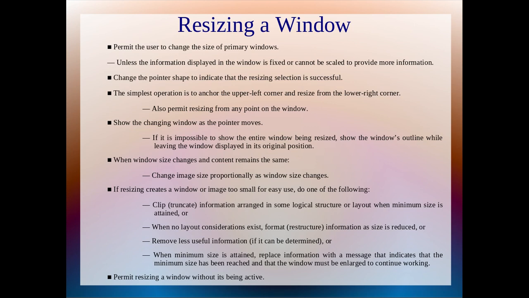Clip or truncate information arranged in some logical structure or layout when minimum size is attained; or, when no layout considerations exist, reformat or restructure information as size is reduced, or remove less useful information if it can be determined; or, when minimum size is attained, replace information with a message that indicates the minimum size has been reached and that the window must be enlarged to continue working. Permit resizing a window without its being active.